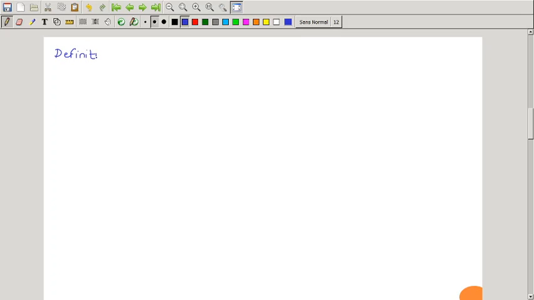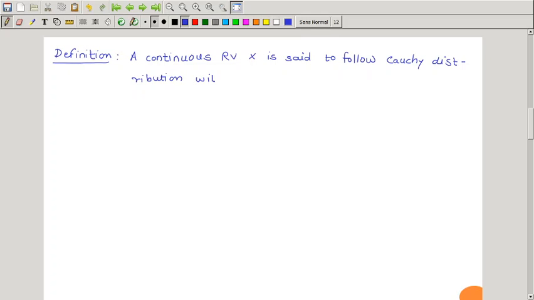The definition of Cauchy distribution. A continuous random variable x is said to follow Cauchy distribution with parameters mu and lambda if its probability density function, that is PDF, is given by